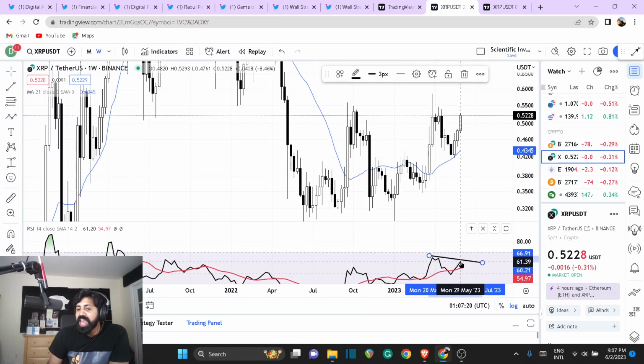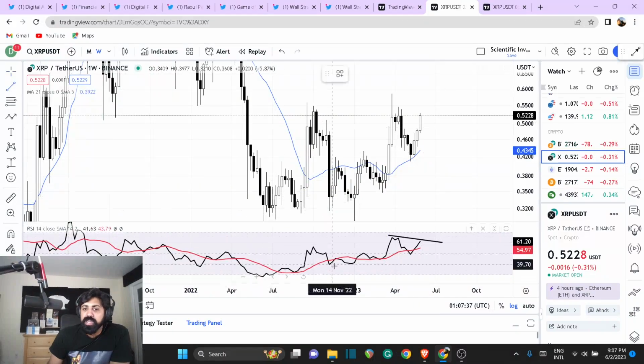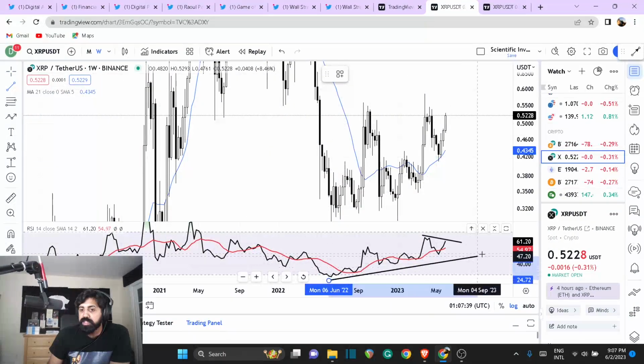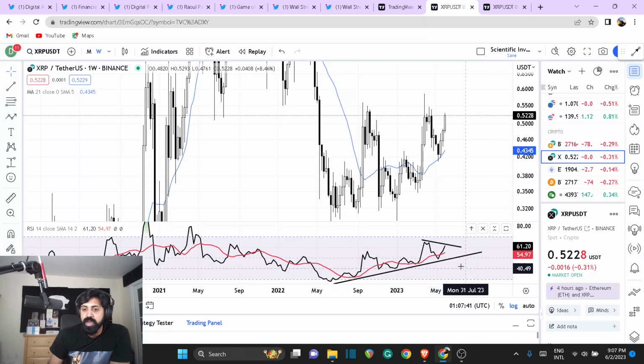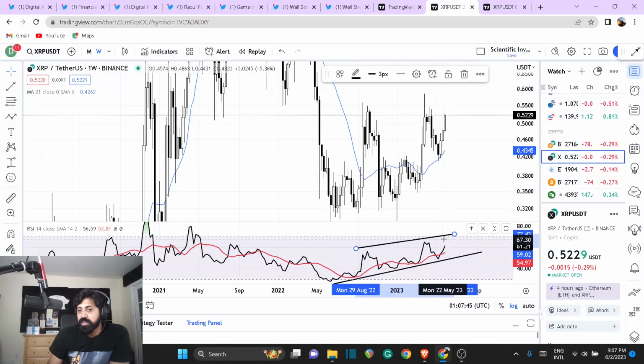And two, you didn't actually need this level of strength to reach the previous high. Only with 60 in RSI, you reach the previous high, whereas last time you reached around 65. That shows some level of bullishness in the market. And if you actually look at the support line and bouncing off pattern in the RSI, it shows you we do have some room to the upside. We may actually go back